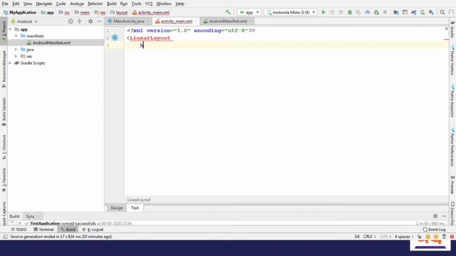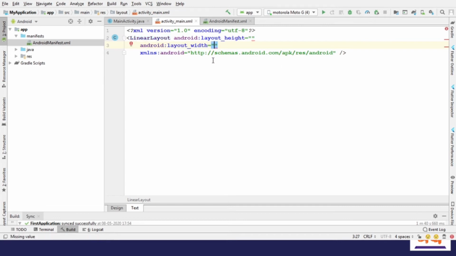First one is height, which is layout_height, and second one is width, which is layout_width. For this Android application, my linear layout is going to be at top position, so I am going to make width match parent, and in case of height I am going to make it match parent. So it will automatically grab the whole screen of your phone.